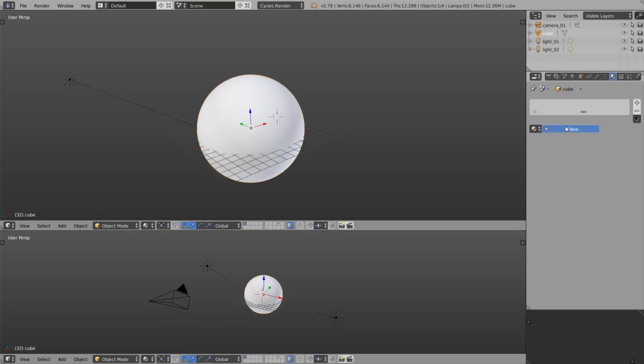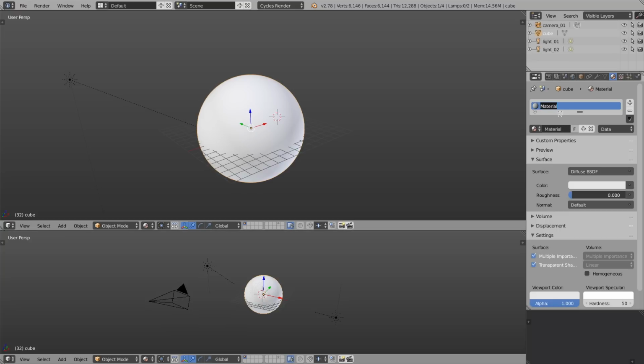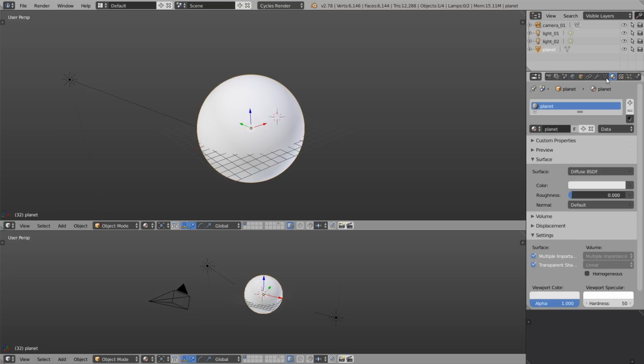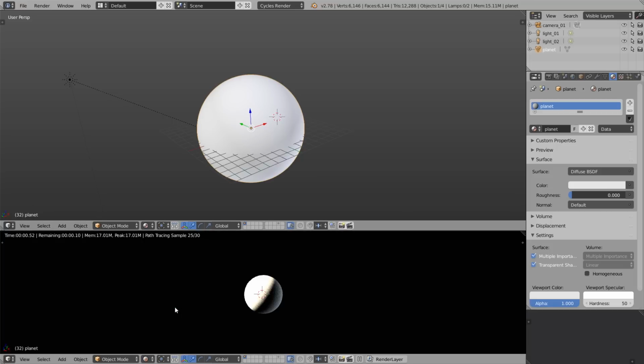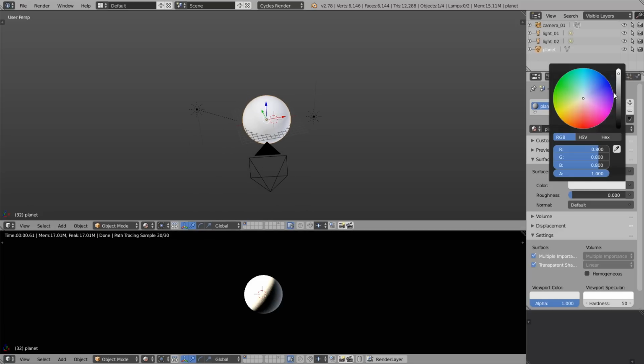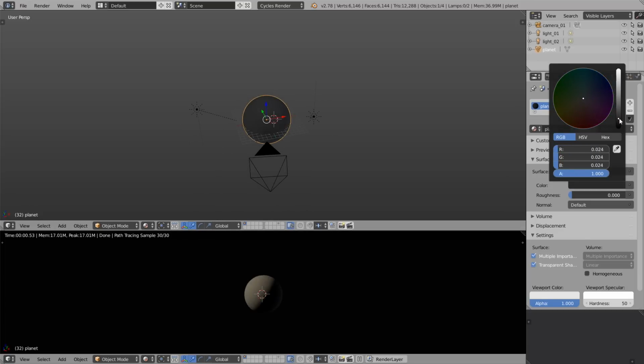The next step would be to create a new material and call it accordingly. I always call things as they are. Planet is planet. Stupid simple. I've also set up these two directional lights and I'm gonna enter the rendered mode. So the basic setup is nothing too fancy, just a sphere, two lights, a camera,